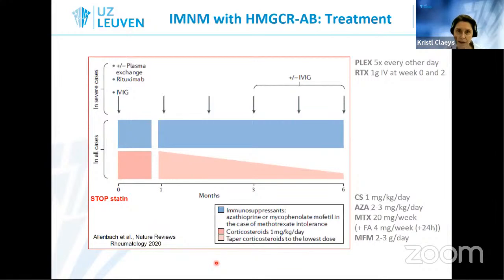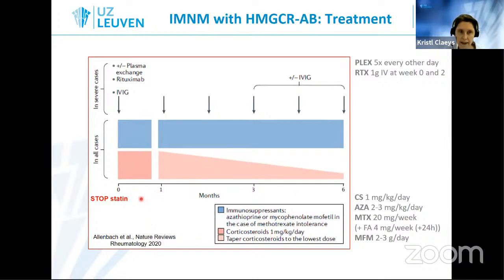Now, what about treatment in this disease? So the first thing to do, of course, is stop the statin. Then you will start corticosteroids at a high dose of 1 milligram per kilogram per day. You will also start preferentially another immune suppressant, that is methotrexate, azathioprine, or mycophenolate mofetil. The dosages are mentioned here. So you will start this at approximately the same time, in order to taper the corticosteroids